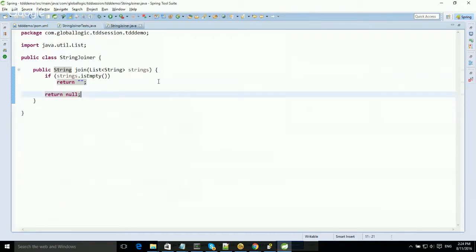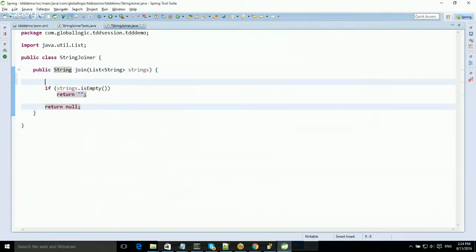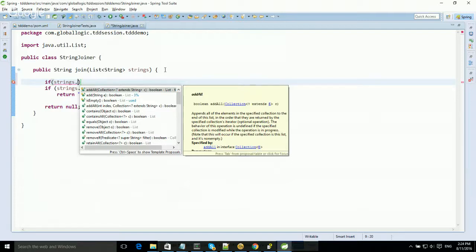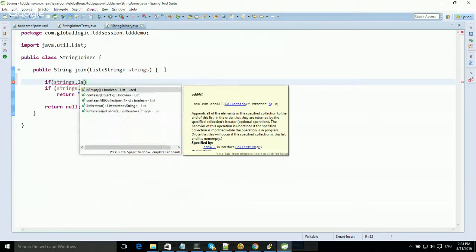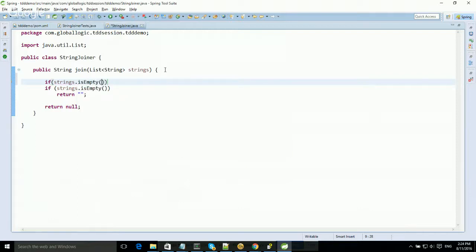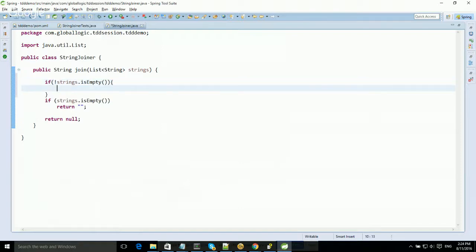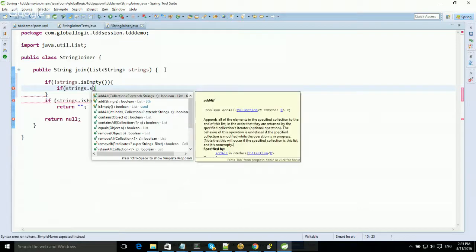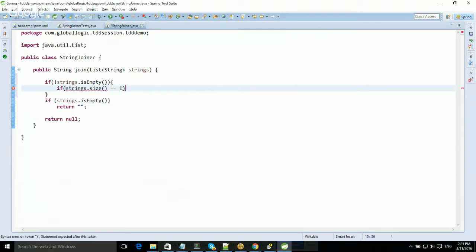So the problem is, if the string is not empty, if strings is empty, is not empty, fine. And if strings size is 1, then return